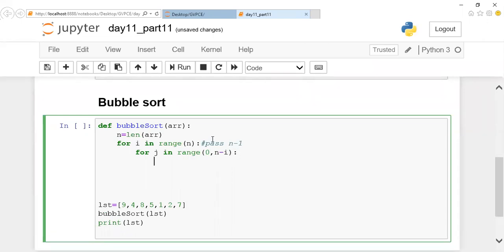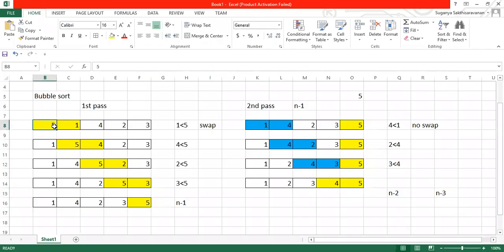So this is fine. At each and every iteration, we are comparing with the adjacent element. I'm taking 0 and comparing it with the next element. This is the comparison you are supposed to concern yourself with. What I'll mention is array of j, if it is greater than array of j plus 1. I think you could get what this j and j plus 1 are. Here you can notice that I'm taking j as 0, j plus 1, then j as 1, j plus 1, and so on. So you're going to do it like this.